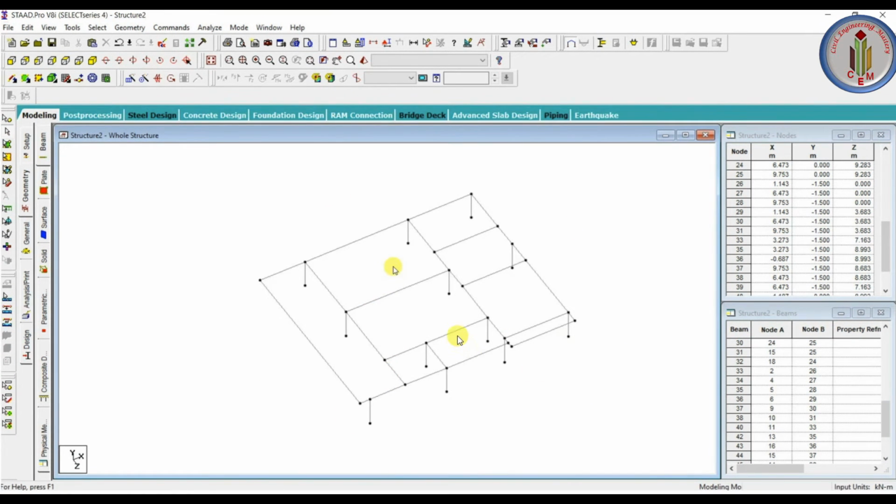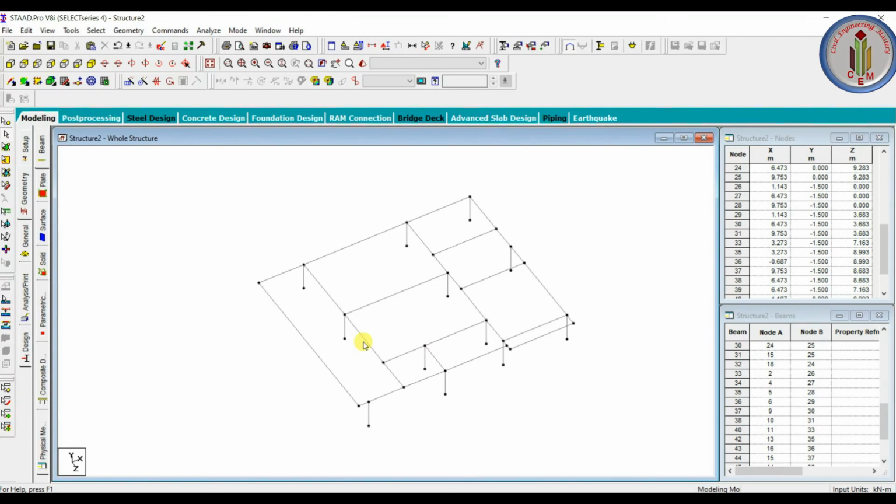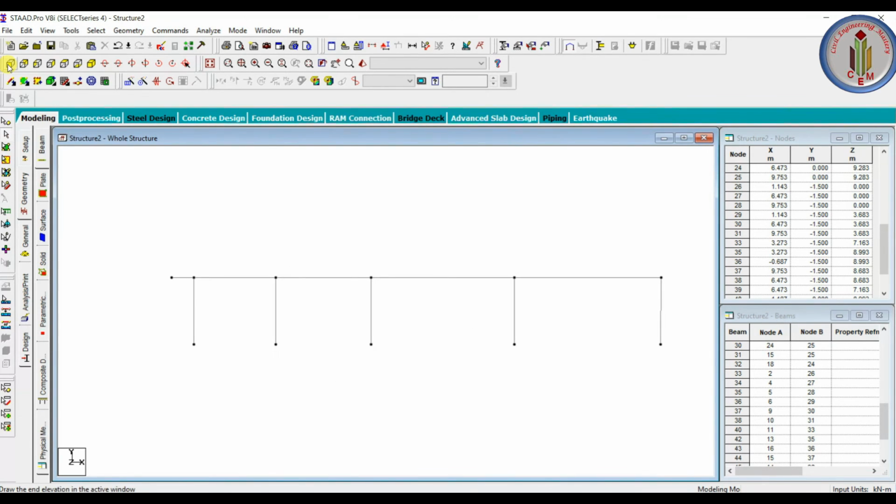We need to change the plinth beam locations as per plinth beam layout. This is done as per a framing plan. So plinth beam layout we need to change. Repeat this one to ground floor roof, that is first floor level, and then second floor level, and then terrace floor level. So this is a view from positive Z.